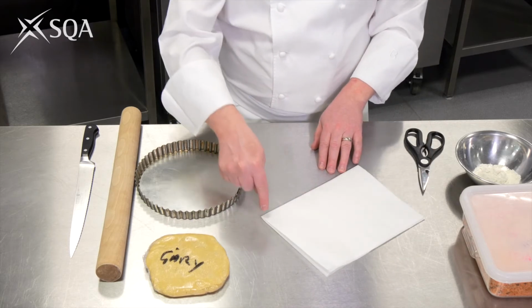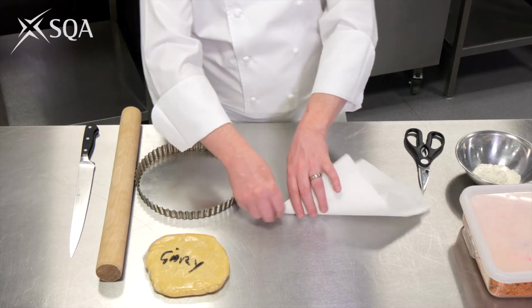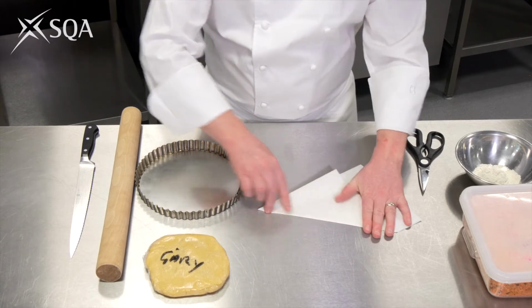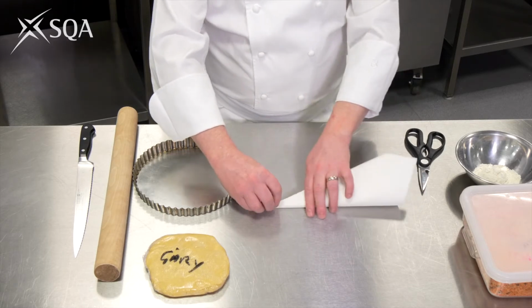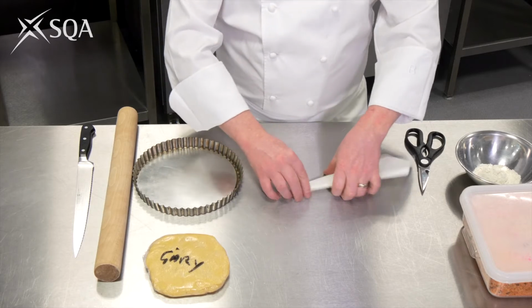What we want to do is to put our finger on the point between the two closed edges and fold them so it looks like an aeroplane almost. If you can do aeroplanes, you can do this. I'm going to fold that again and again,